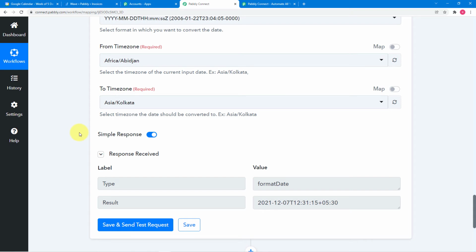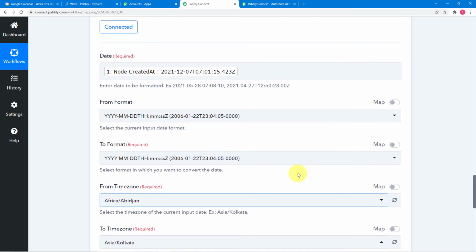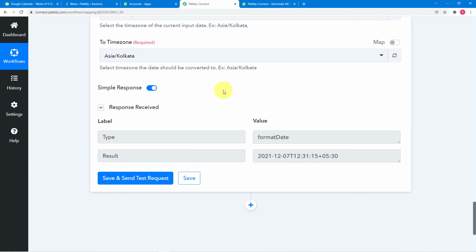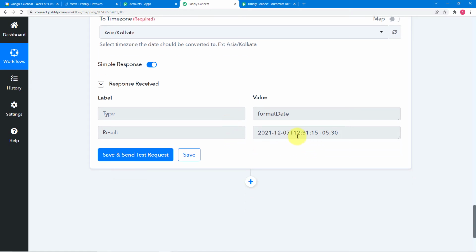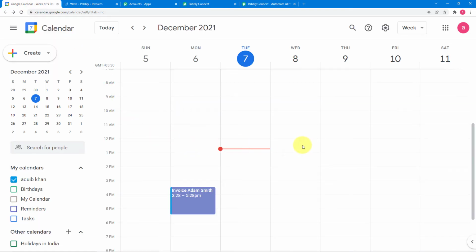And here you can see it started showing this kind of response, and you can check the time that I mapped here is 7 hours 1 minute and 15 seconds, and this is converted into 12 hours 31 minutes 15 seconds.